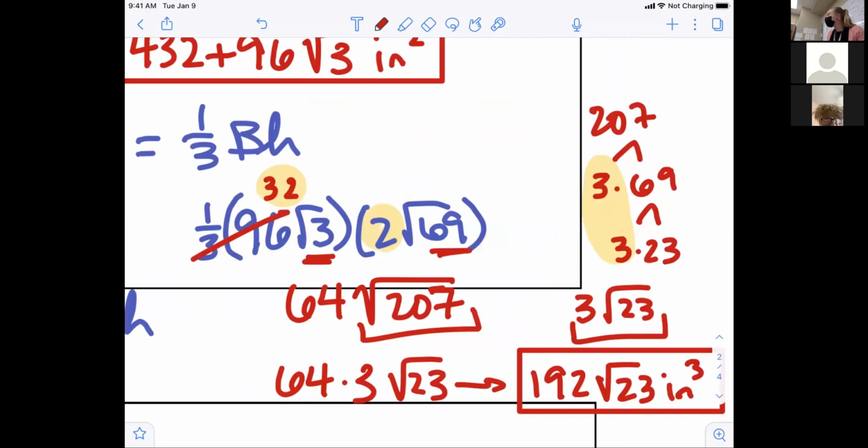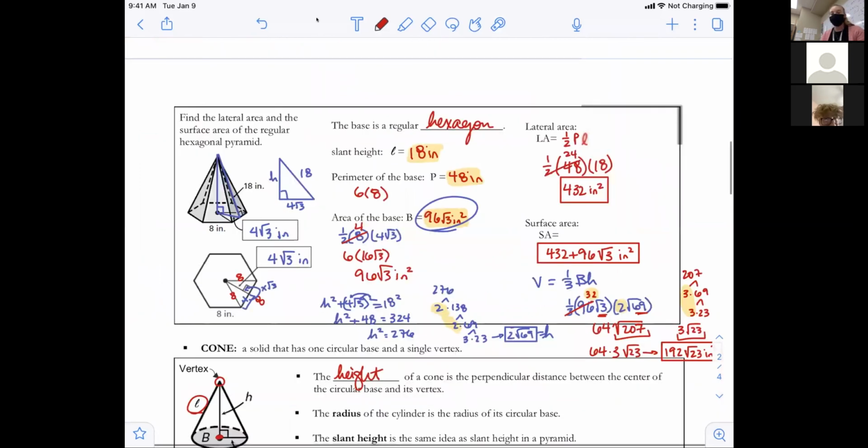Oh, zoom out. Let me zoom in from here. Okay, perfect. I'm going to stop my recording so nobody has to listen to